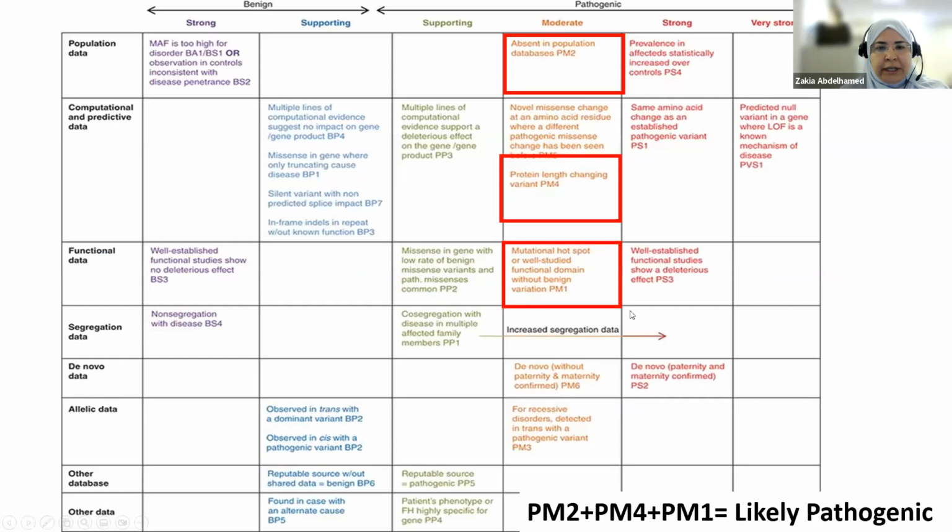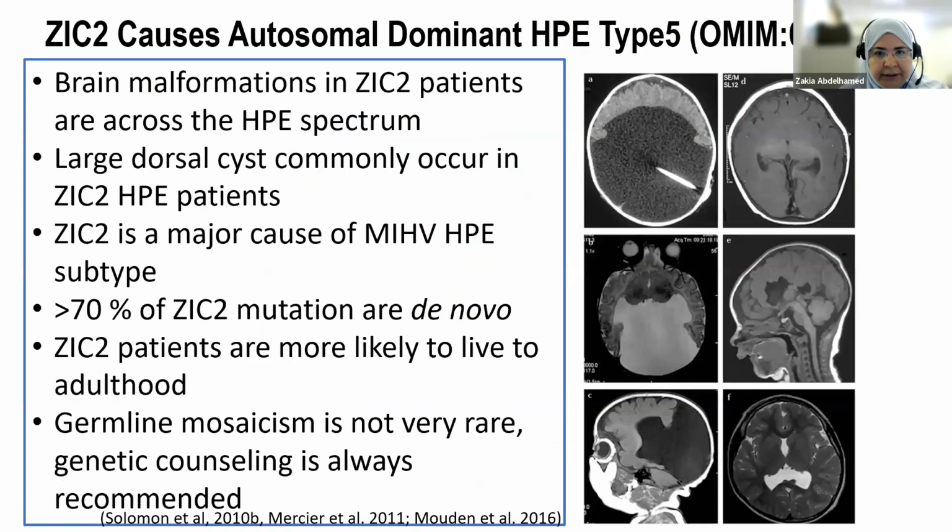And when we come to the ACMG classification, the variant was absent from the population database. As you've seen, it causes protein length change and it affects a mutational hotspot, and this qualifies it to be a likely pathogenic variant. And ZIC2 is causing type 5 holoprosencephaly, and here are just